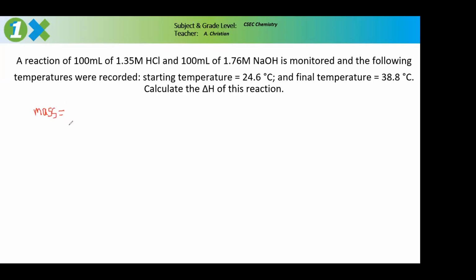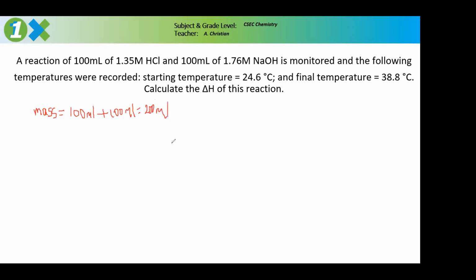Yes, Roger, or anybody else? All right, sir. So you add the 100 milliliters to the other 100 milliliters, right, sir? You add the 100 to the other 100. You get 200 milliliters, and you'll have to find